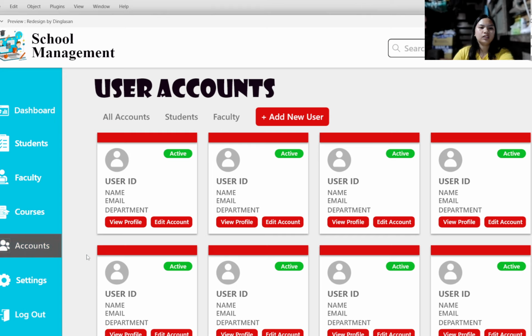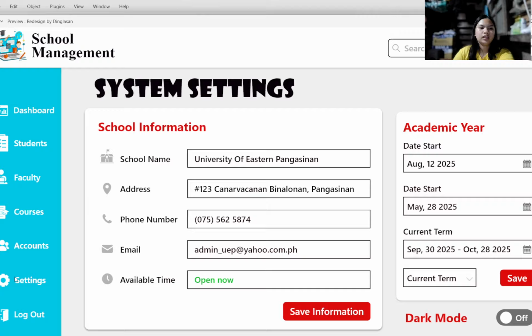And when I click settings, and there's the search bar, I already added the border. I added a black border in all pages so that it will be easier to read. And the school name, address, I changed from gray to black so that it will be easier to read. The save, dark mode,